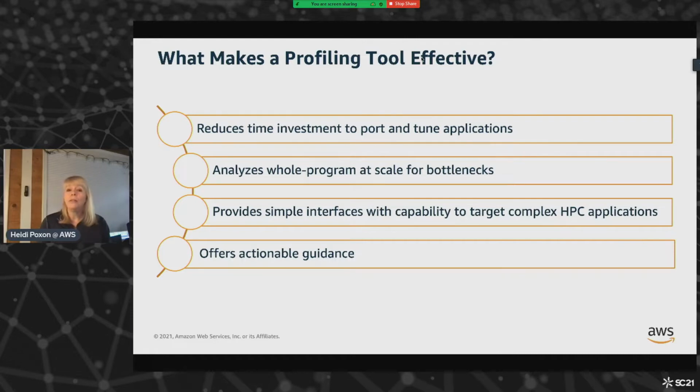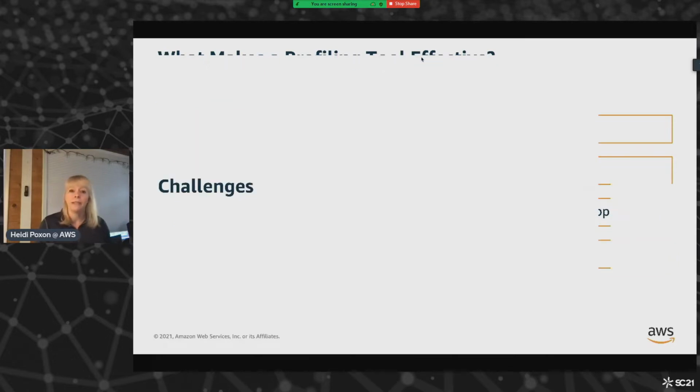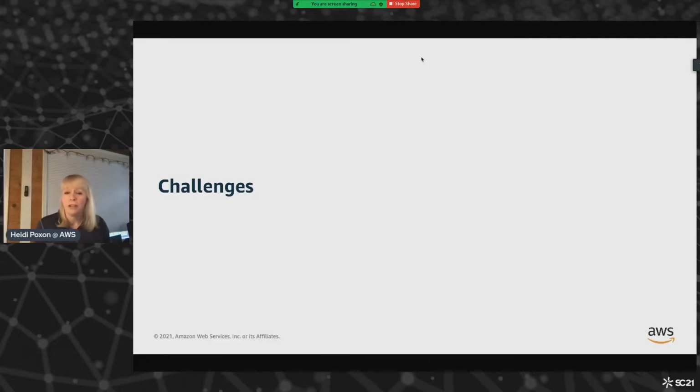And finally, one of the things that's important with tools is the ability to scale out knowledge of an architecture. If an application runs with a particular tool, that tool knows hopefully about the architecture, and it can look at the data collected and provide some actionable guidance that allows the user to not necessarily have to know everything about that architecture. That could be the tool's burden, so that it could be a little bit easier to handle the different systems you're running on. So today I would like to introduce a few challenges as we go through the panel.